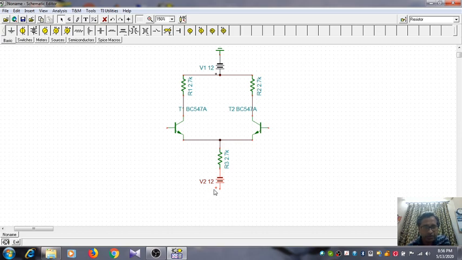And next what we do, let us bring it a bit here. I think it is connected. Okay, let us bring a ground, connect the ground here. Next a signal generator should be there. For that we have got a signal generator.